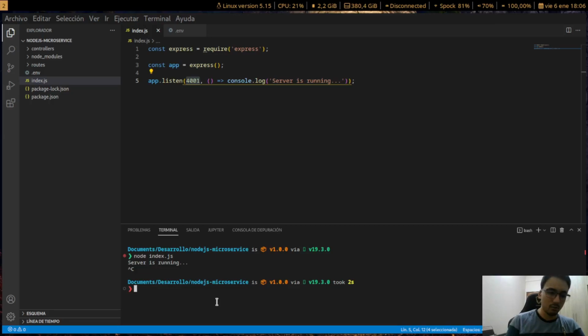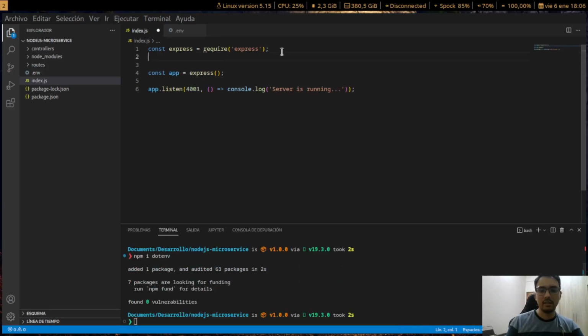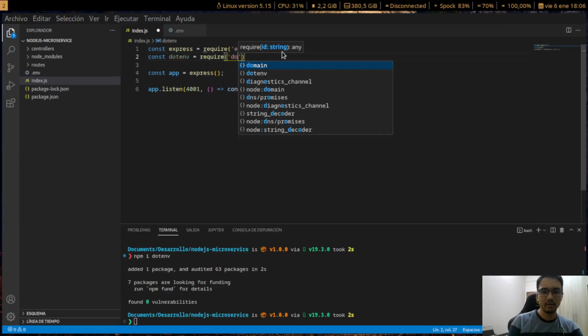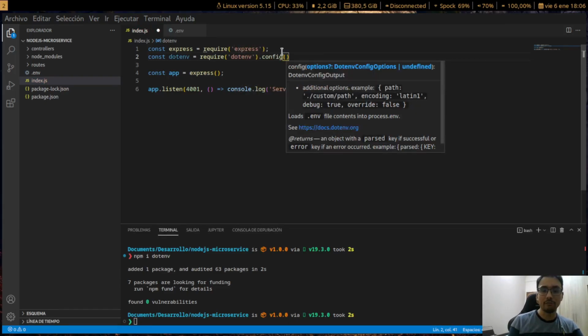After that, I have to install a package called dotenv. And then here I'm going to do dotenv.config, the config function, which basically loads the contents of the .env file